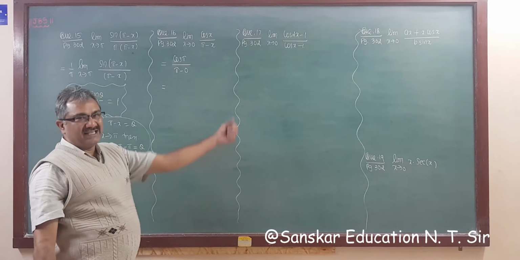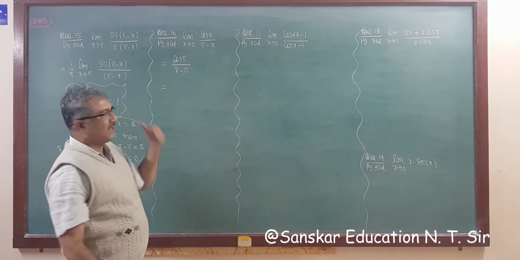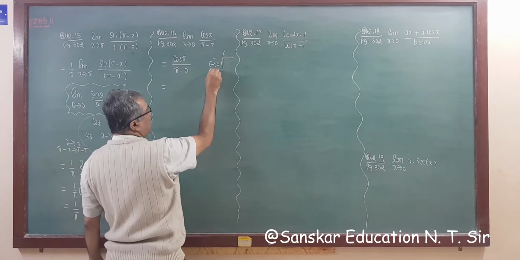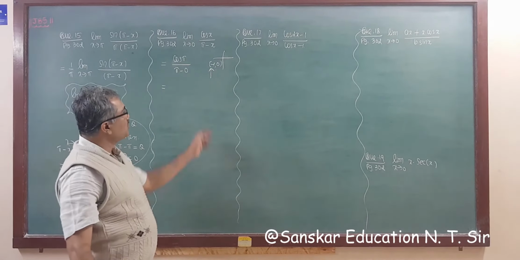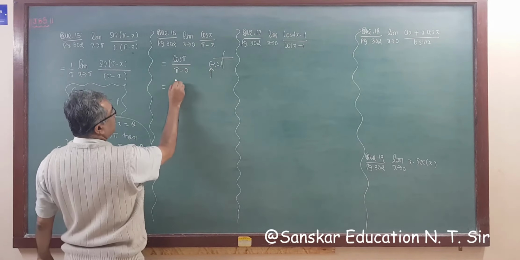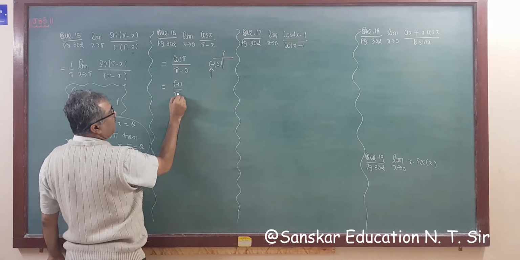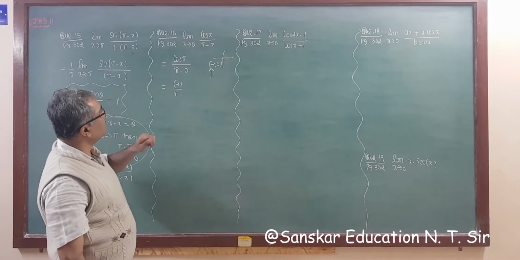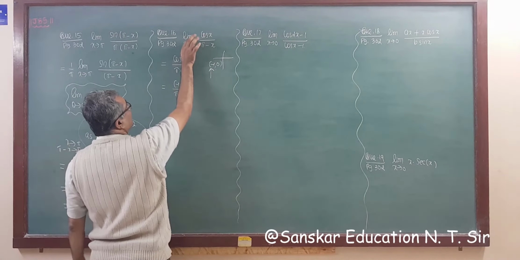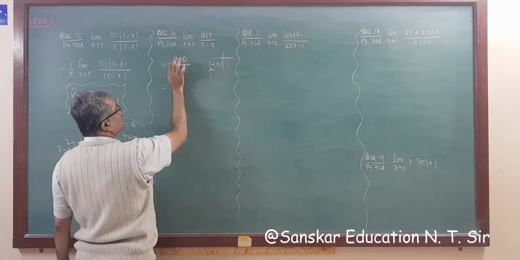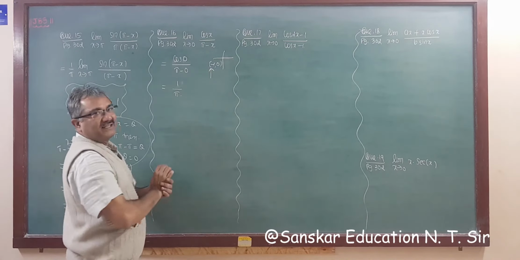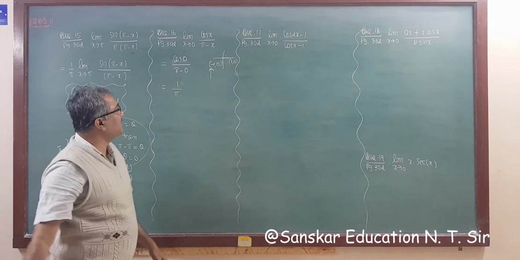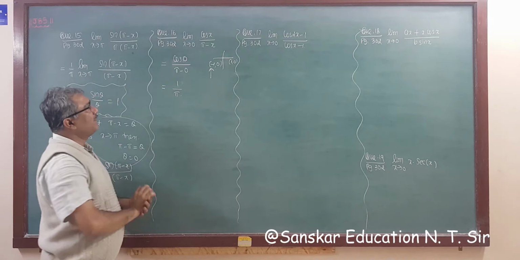So substituting directly, we get cos pi whole upon pi minus 0. Now cos pi is on the left hand side of the unit circle, and on the left hand side the point is minus 1, 0, and you know x always represents cos. So cos pi is minus 1. So this is minus 1 upon pi. Oh, sorry, it's given 0. So we have to write here cos 0. So cos 0 is always 1, because the point is this. So the answer is 1 upon pi.